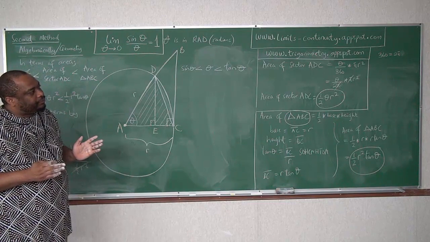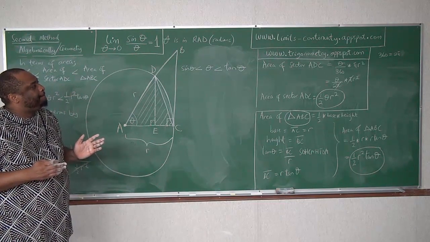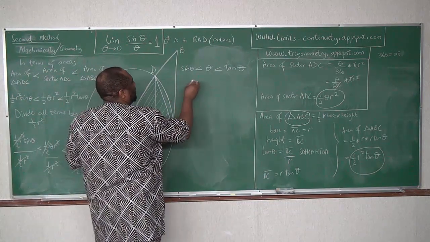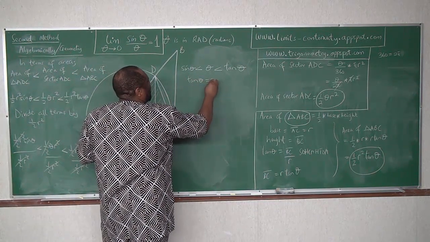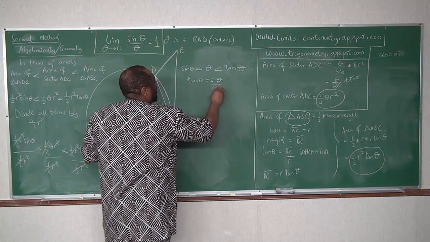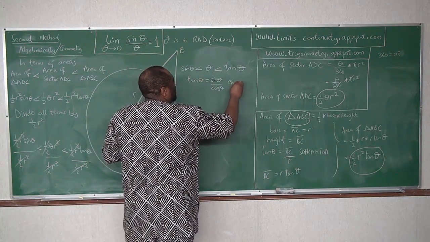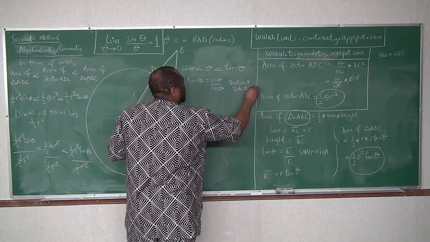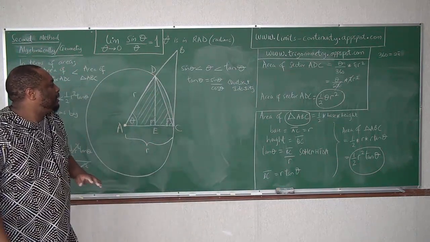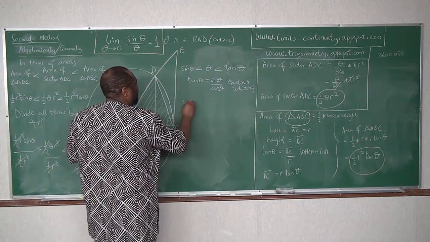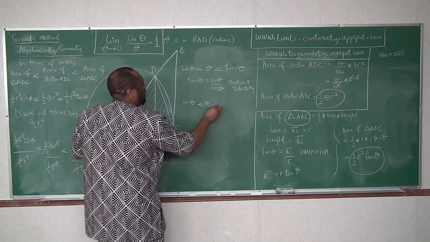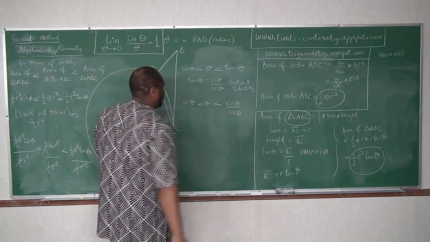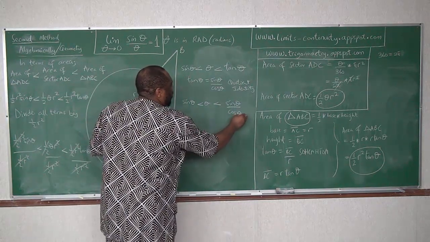So let's now do something. This means that, of course, tan theta is sine theta over cos theta, and this is the quotient identity. Okay, quotient identity. So this means that sine theta is less than theta, which is less than sine theta over cos theta. Alright, then